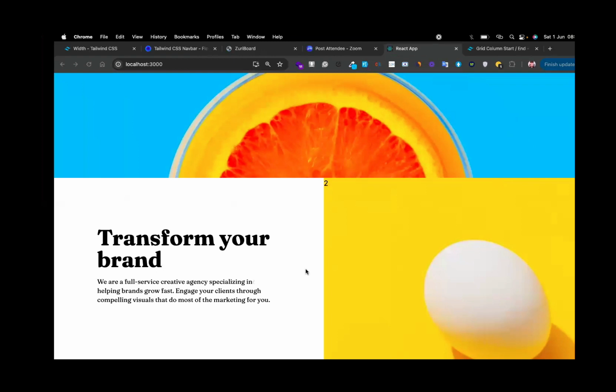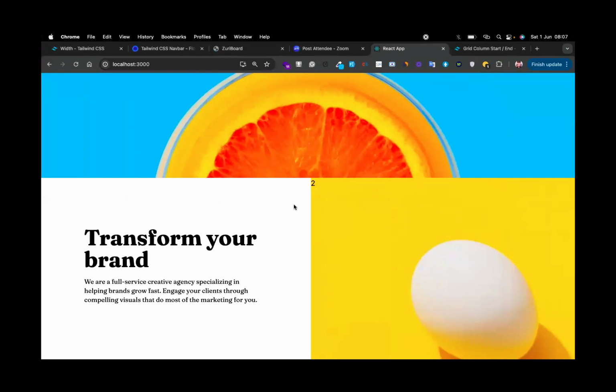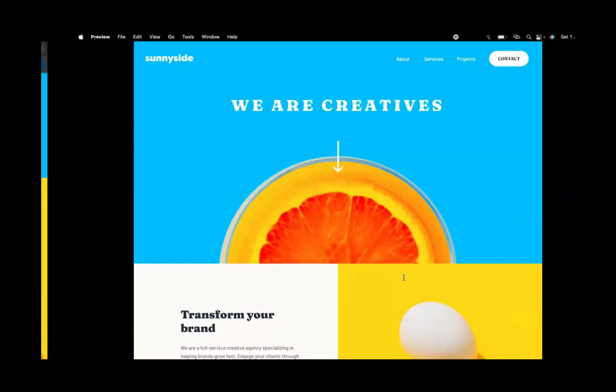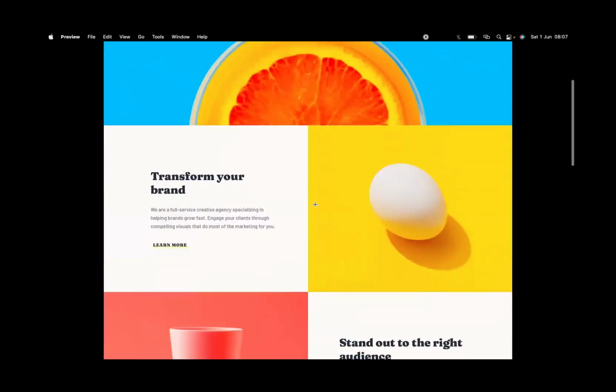Okay, this is what we built yesterday. And yesterday we were able to touch up this part and also we were able to do this. Then this is the design we're following. The next thing we want to do now for the design is this button, and also it has a learn more